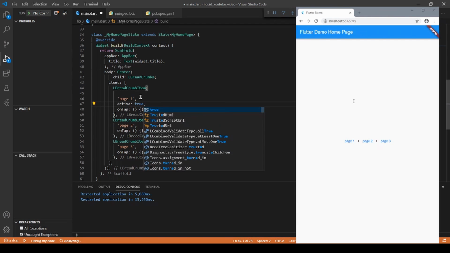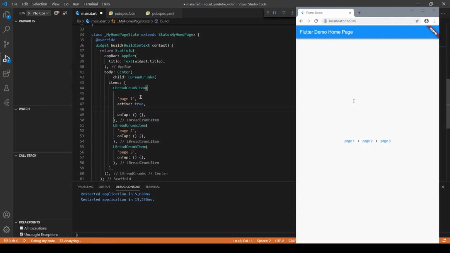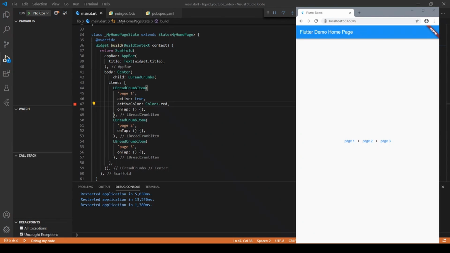What I meant by that is that when I am on this page, the color of the breadcrumb should be red. So here we are done with it, and we can see that it just changes it to red.